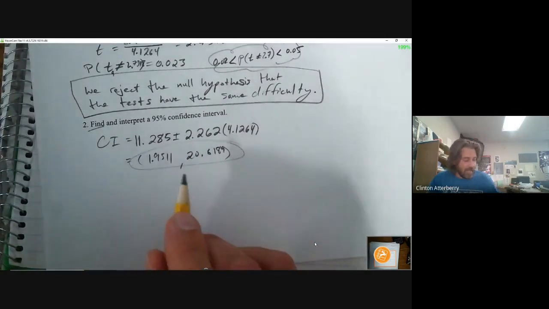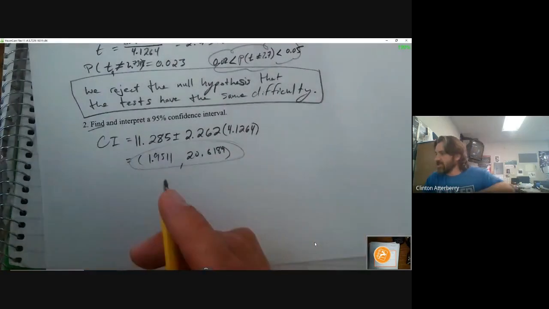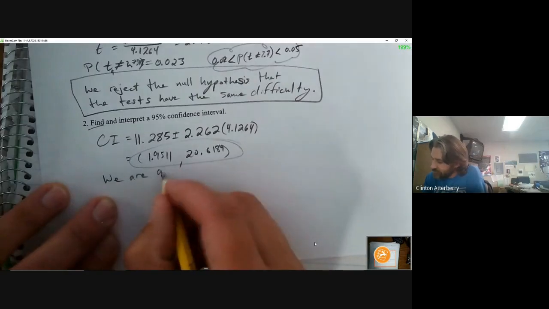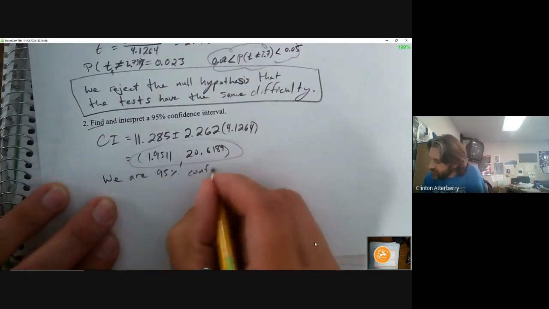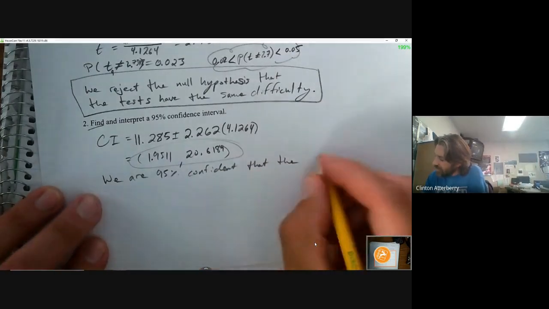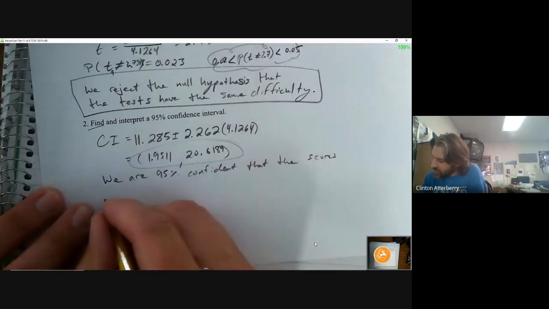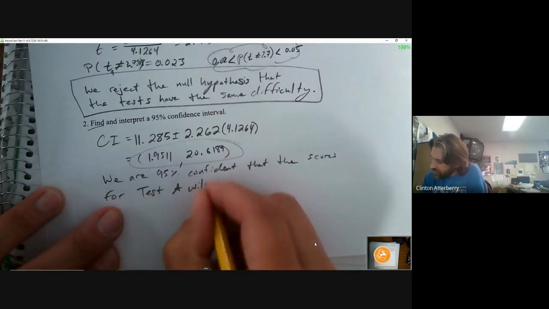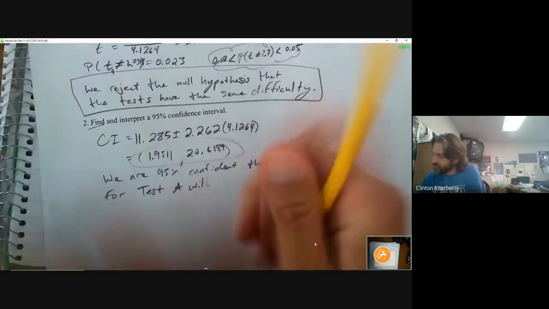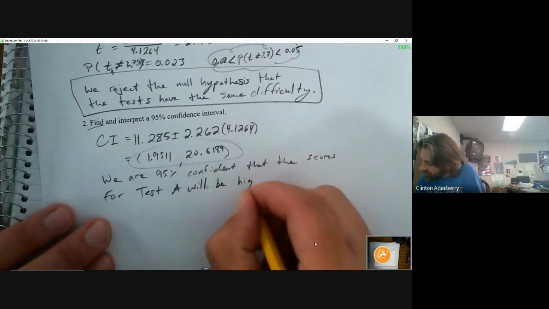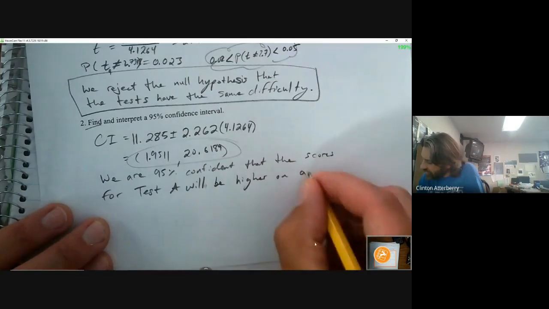I can say a lot of different things, but basically it comes down to we are 95% confident that the scores for test A will be higher on average